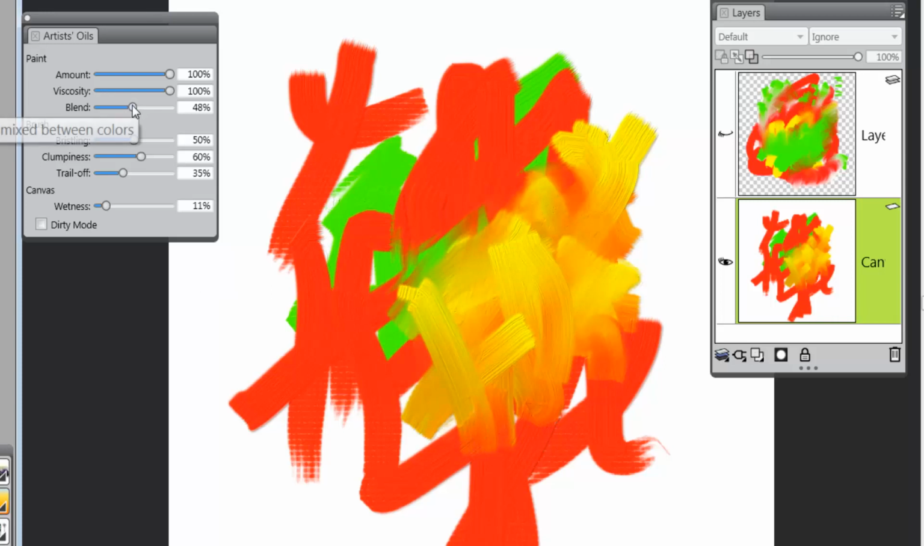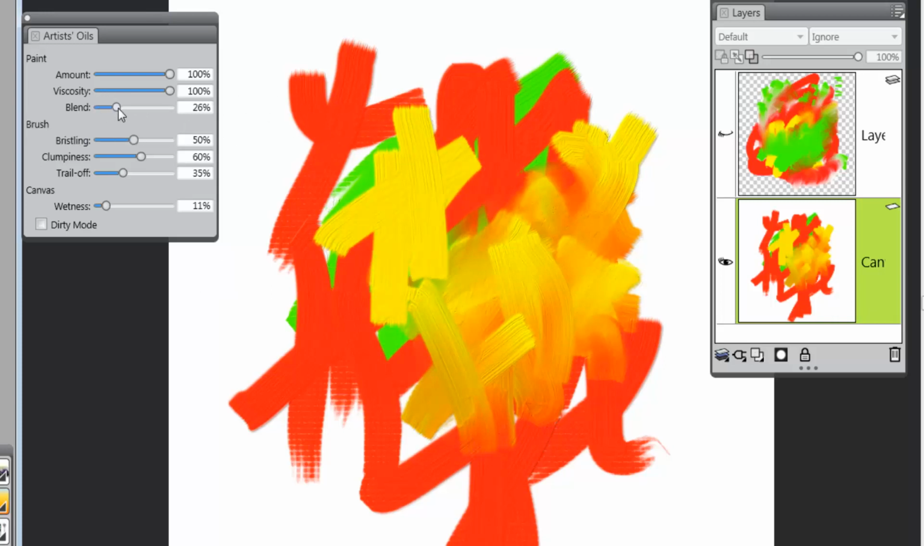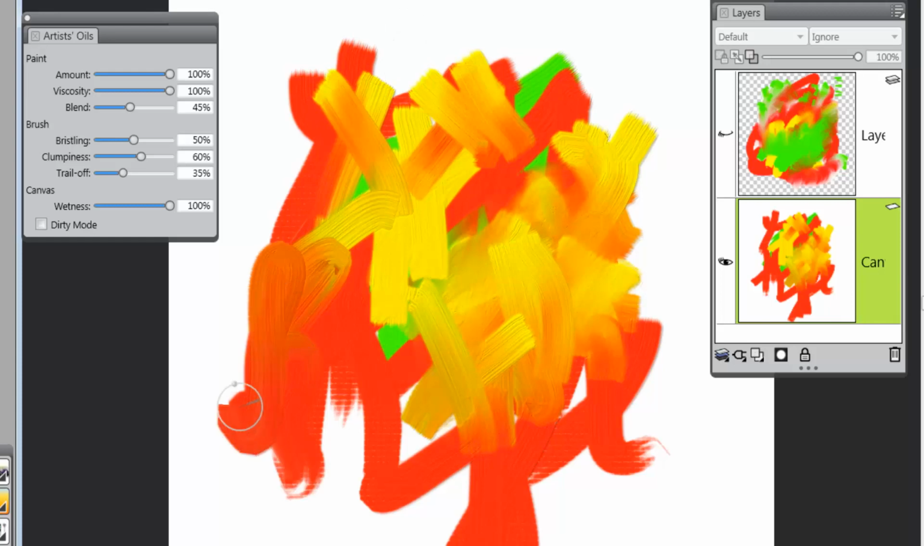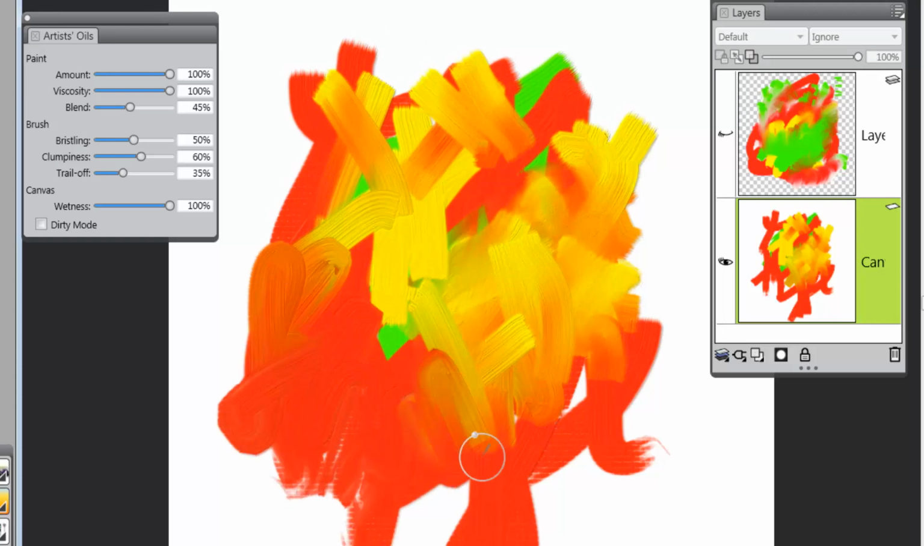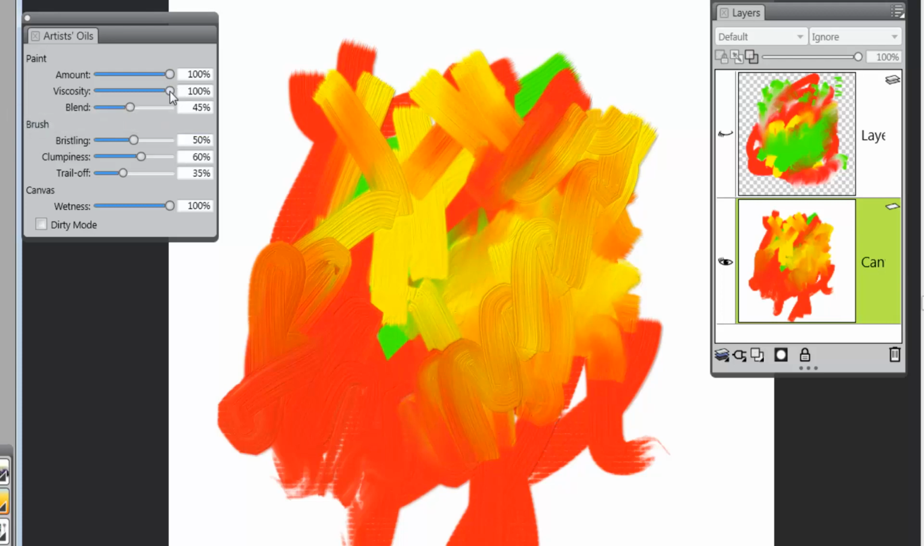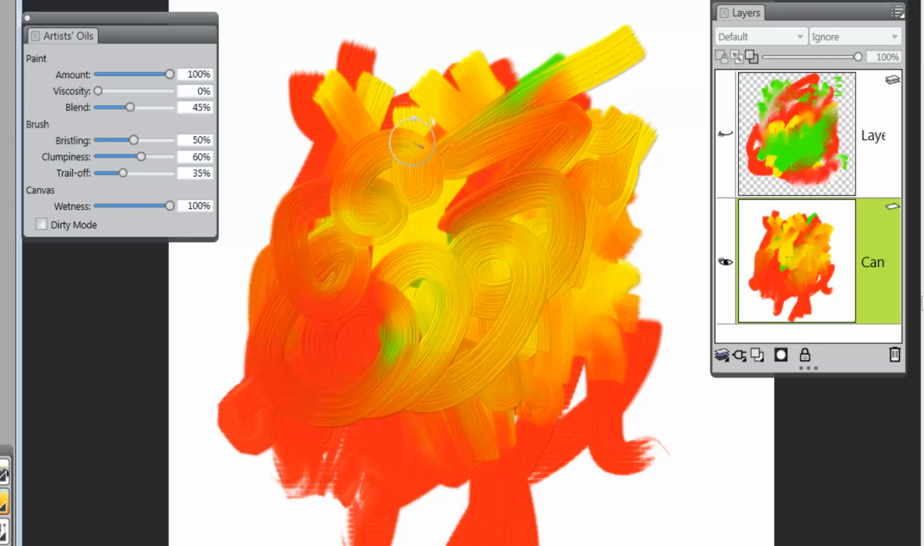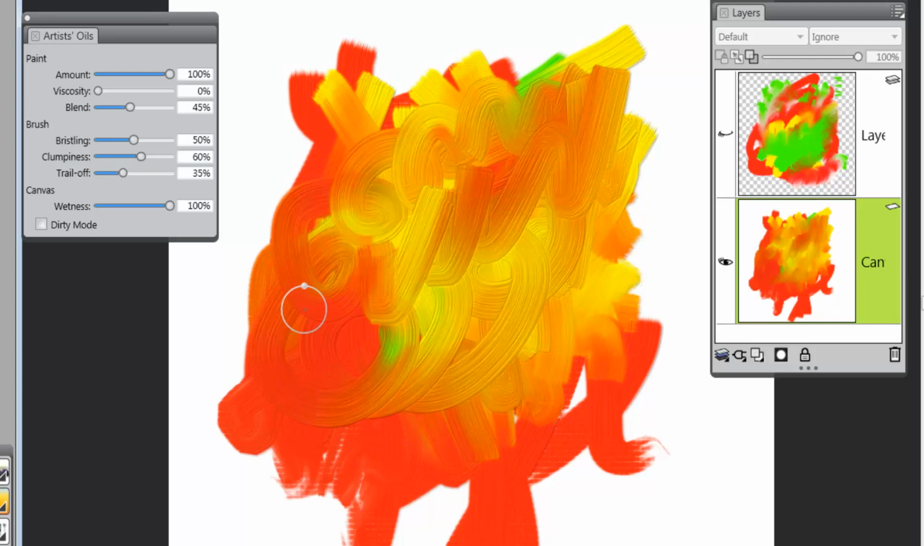If I don't have blend involved, I won't get it, but I have to have blend so it knows how much to interact. The wetter it is, the longer the brush stroke can paint, regardless of the fact that its viscosity is high. Bring the viscosity low, and we really can paint forever and ever and ever. Okay, so